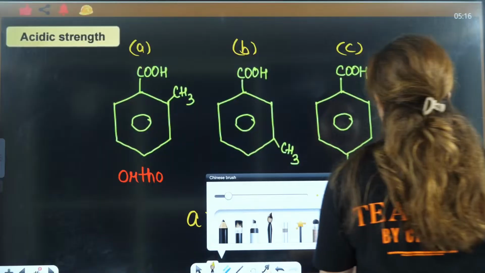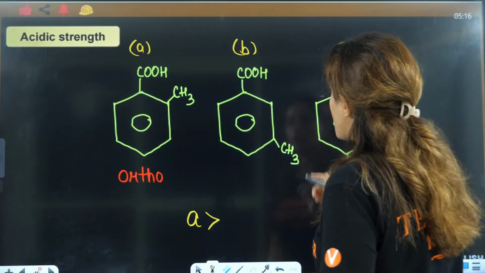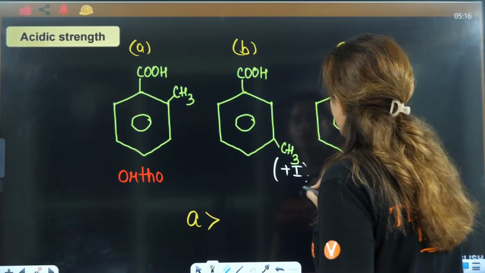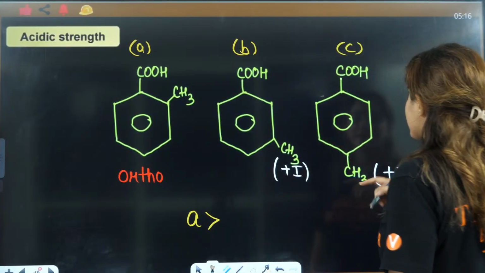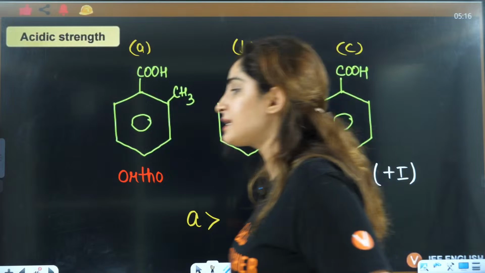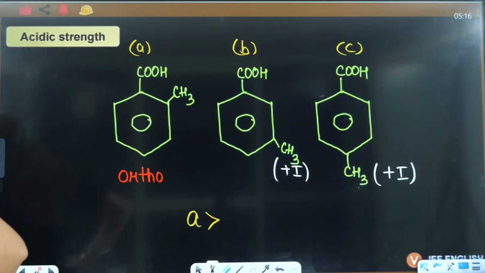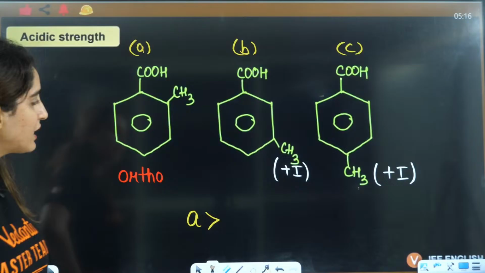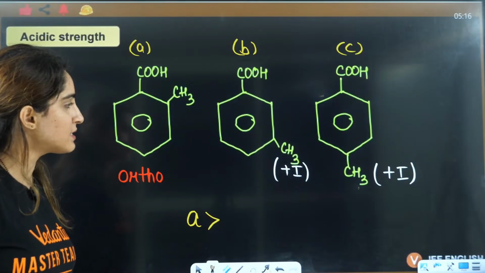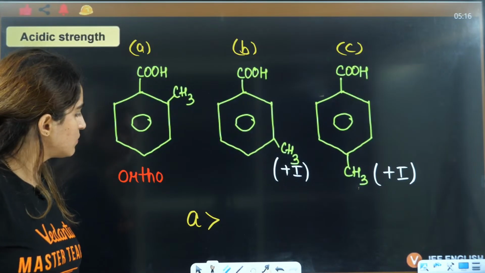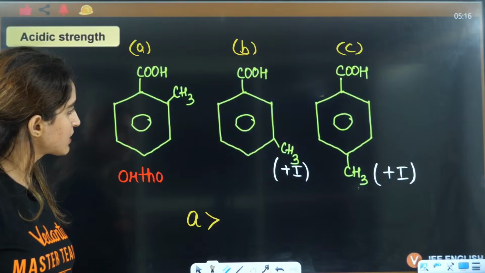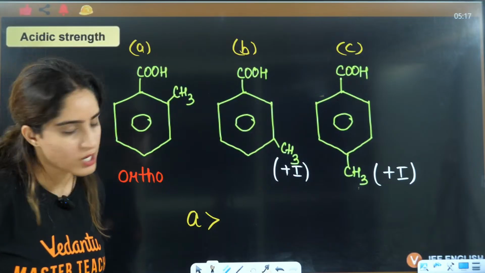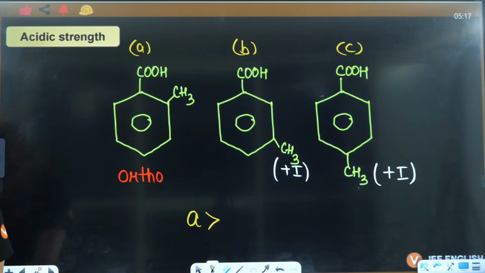Now out of B and C you have to tell, right? So it will show you plus I here, it will show you plus I here. Plus I decreases the stability, right? Plus I will decrease the stability here. Tell me which is more stable. Plus I decreases the stability, right? So here if you see, this is plus I, this decreases the stability, so C should be